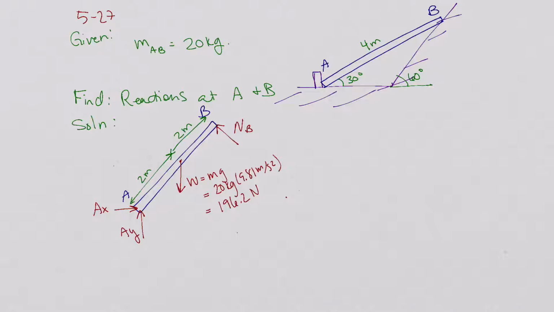Let's see, this angle is 30 degrees. So we know this angle right here is 30 degrees. And so this angle up here would be 60 degrees. And then for the NB, if we take this down,